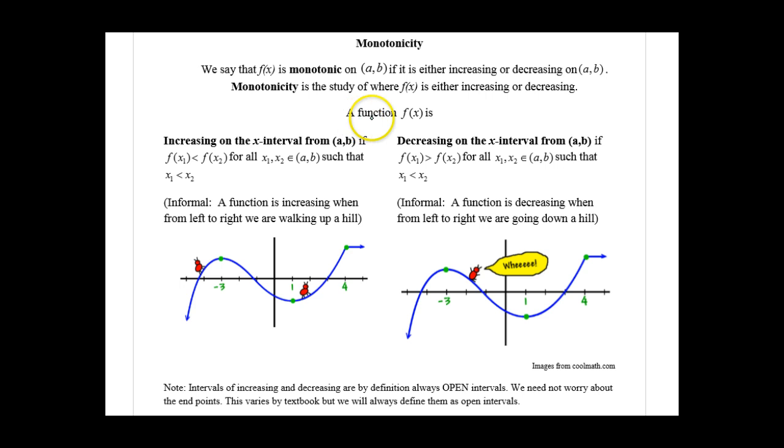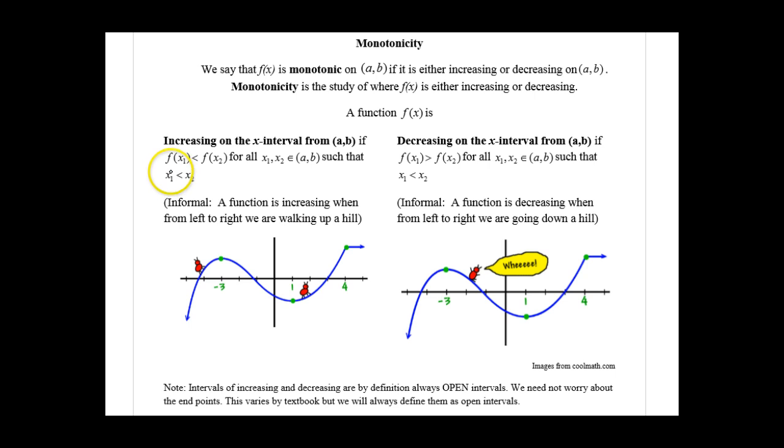A function f of x is increasing on the x interval from a to b if f of x1 is less than f of x2 for all x1 and x2 in the interval from a to b, the symbol means in, such that x1 is less than x2. So this is a very technical way of saying things, but what's happening is if I have some value x1 that's less than x2, or really to the left, because smaller values are on the left on the number line